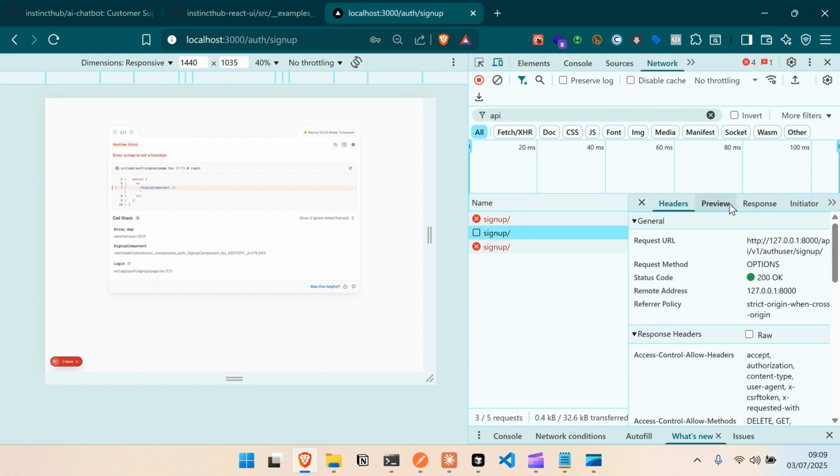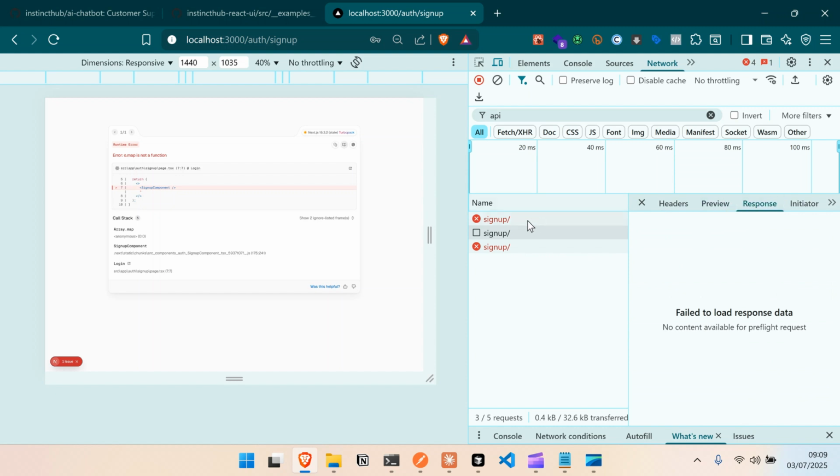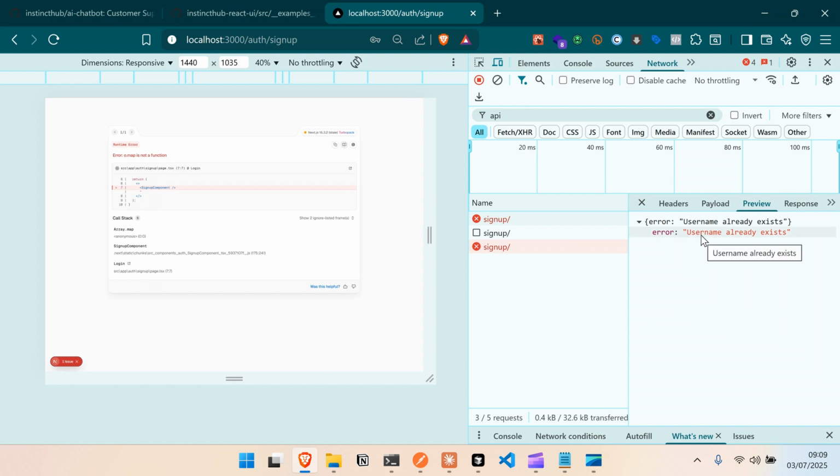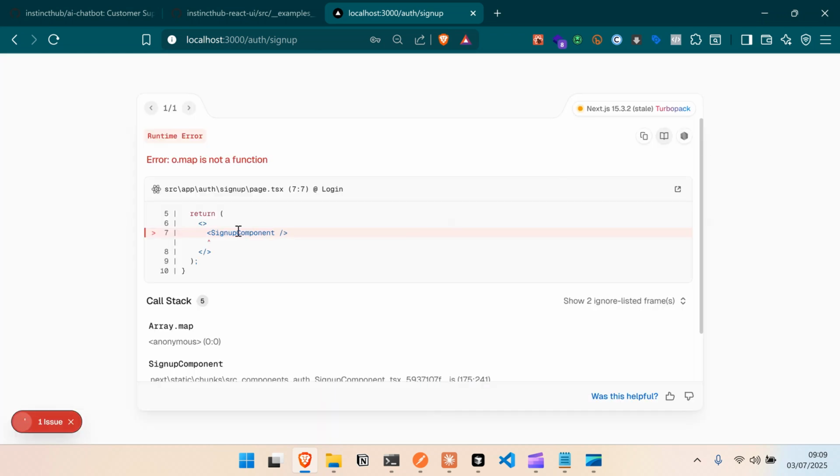Let's see, review, response, review. What did we get here? Oh, username already exists. Yeah, so this works. But we have one error that we're seeing here. Okay. And it's saying that something is not right here. So let's look for this